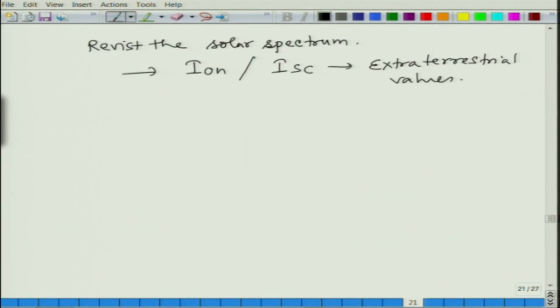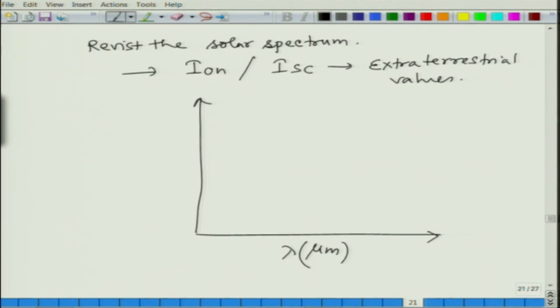Okay. Not what we receive on the surface of the earth. So, that is why we come back to it, and how the atmosphere changes it we will talk about later, but what we want to make a point here is that whenever we talk about the spectrum, this is the wavelength in micrometer. Wavelength is usually designated with lambda, and this is, you can say, the spectral